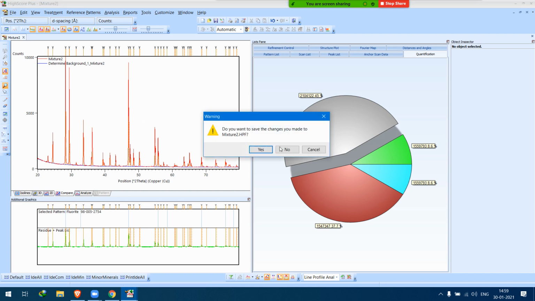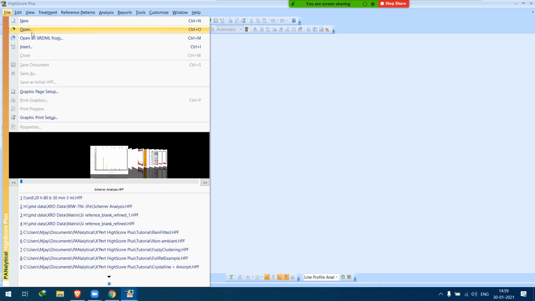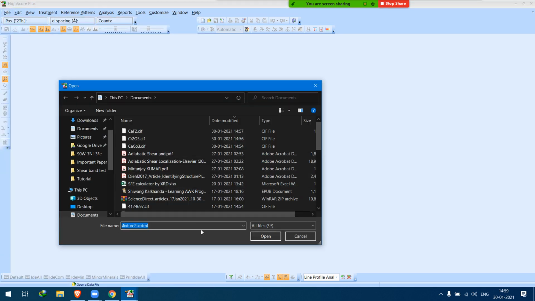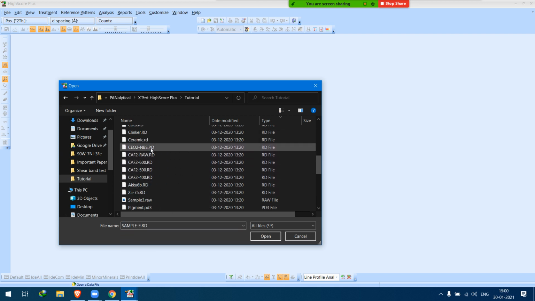The last part that we are left with is the Rietveld refinement for calculation of microstrain and crystallite size. So now again we are going to open the tutorial, CaF2 raw data.